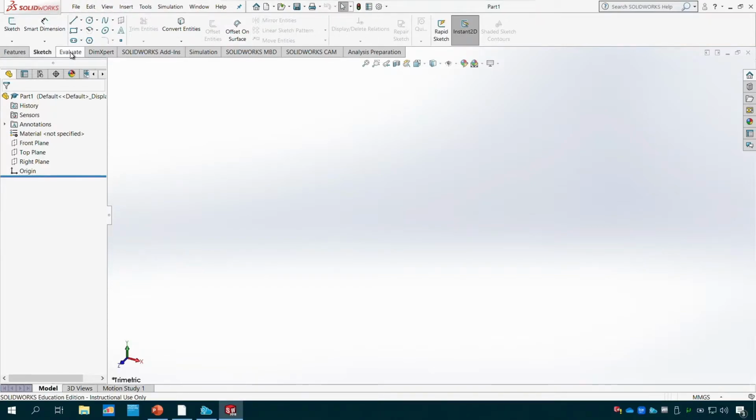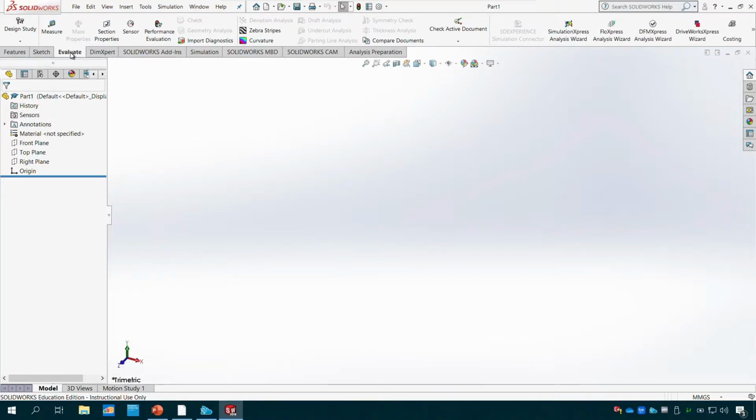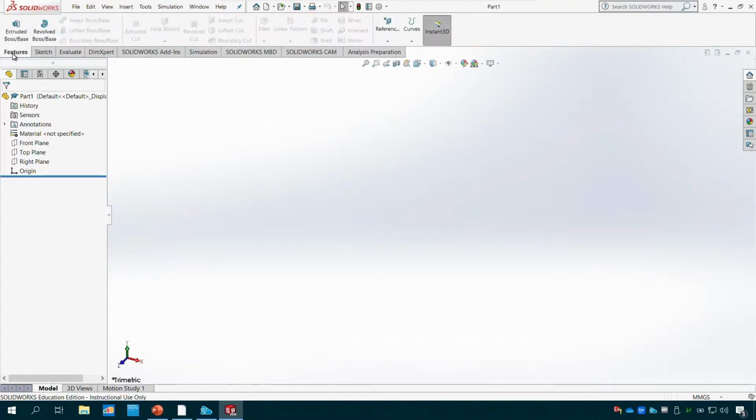If you want to evaluate your design, for instance, measure it or do some sort of evaluation, you will come here. If you want to run a simulation, it comes there, or if you want to use computer-aided manufacturing, for instance. But the ones we're going to use a lot are features and sketches, as we keep moving between them. And to the left-hand side, what you will see first is the feature manager